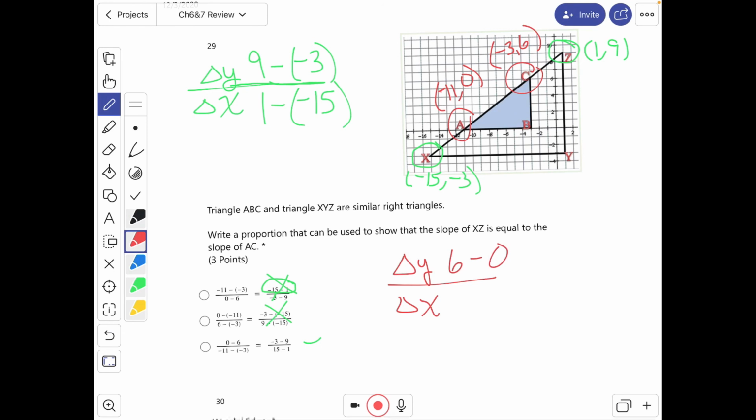So the y's would be 6 minus 0. And the x that went with 6 was negative 3. And the x that went with 0 was negative 11. Again, the answer, they put the numbers in a different order, but 6 is still with negative 3, and 0 is still with negative 11. So that is probably